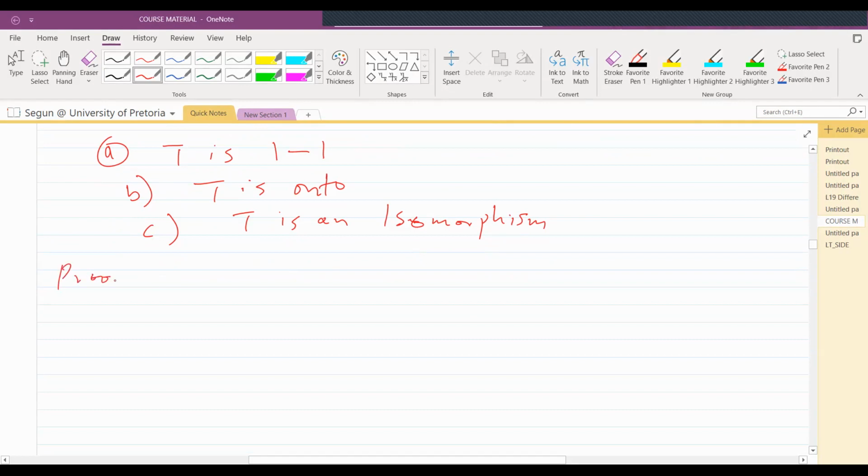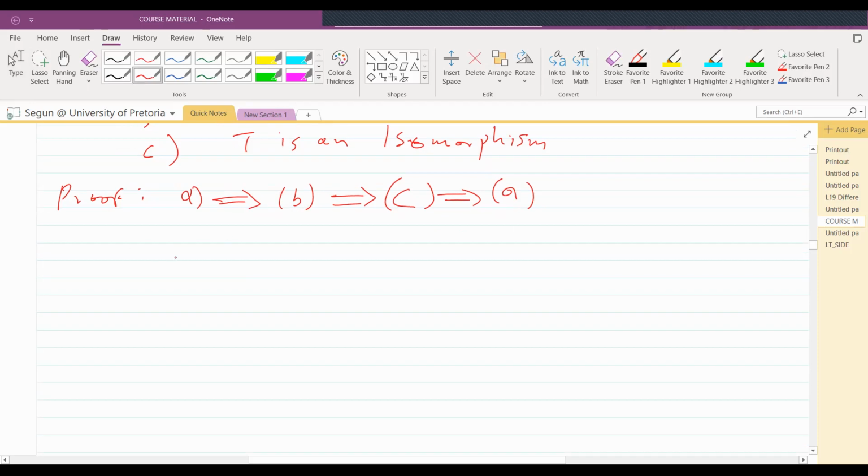Then the proof says, to prove the results, we will prove that first, A is equivalent to B and is equivalent to C, then C also equivalent to A. So we can now say that let dimension U equals dimension V